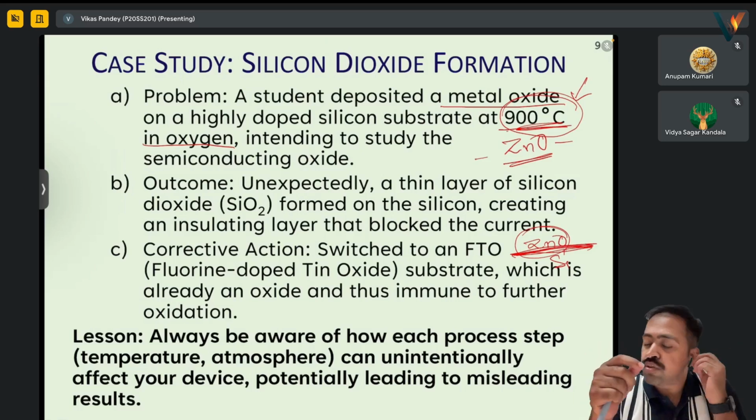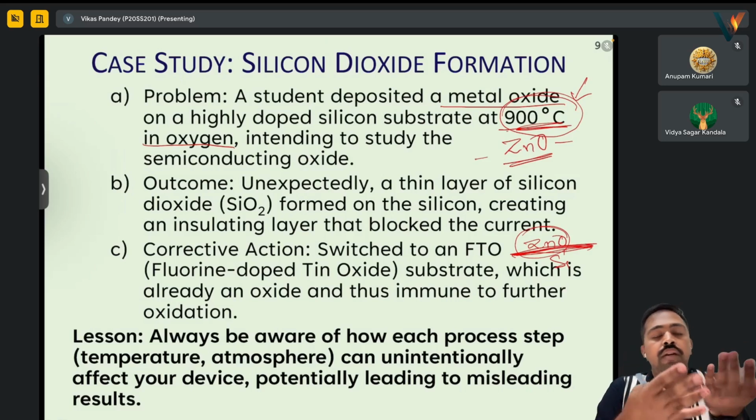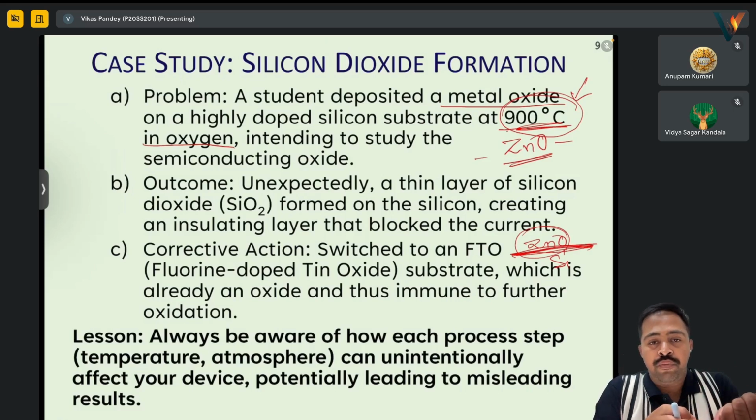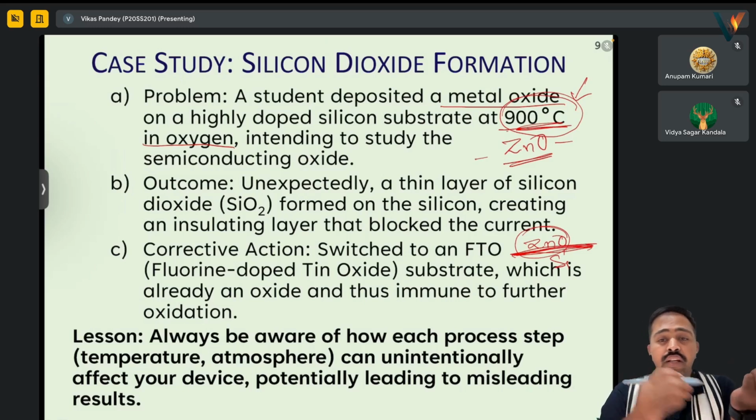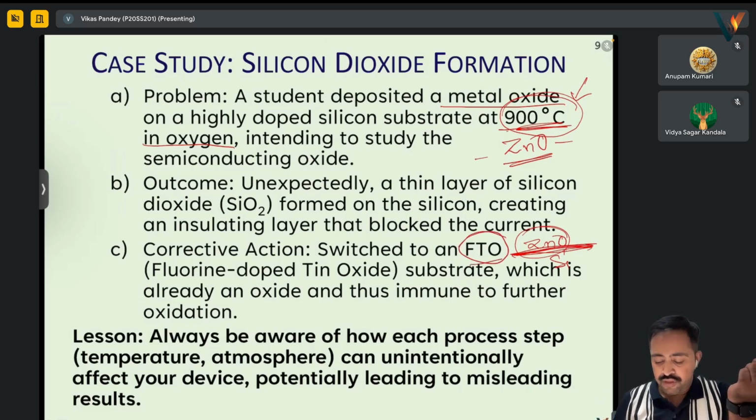The electrodes he has made become insulating because below there is SiO2. So in this case, what he could have done is used FTO,